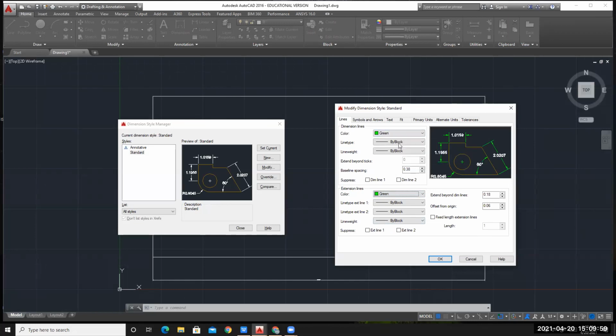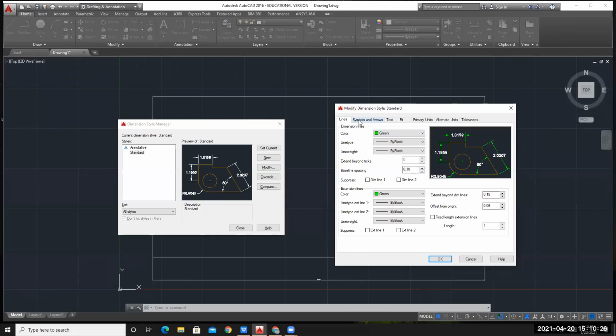By default, it was white in color. Now, this was in your first tab. Be careful here, observe carefully. This is a very useful tool because whatever drawing you draw, you need to give the dimensions for sure. So wherever you have to give the dimensions, many times you need to change these dimension settings or dimension styles.